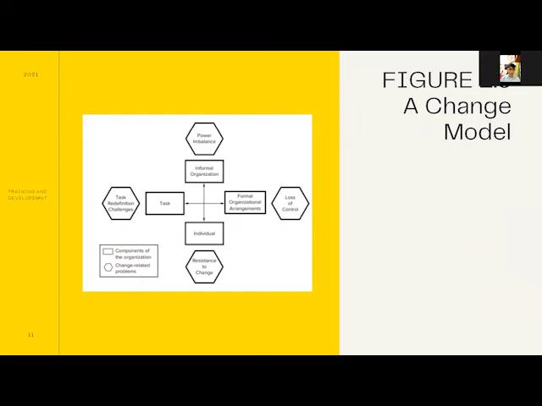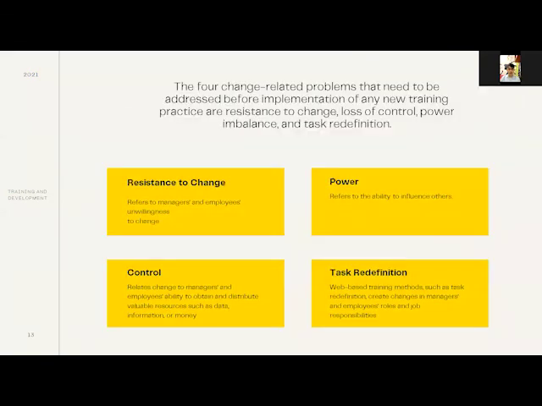To be specific, those are the components of the organization. Then the one beside that rectangle is the change-related problems. So let's explain